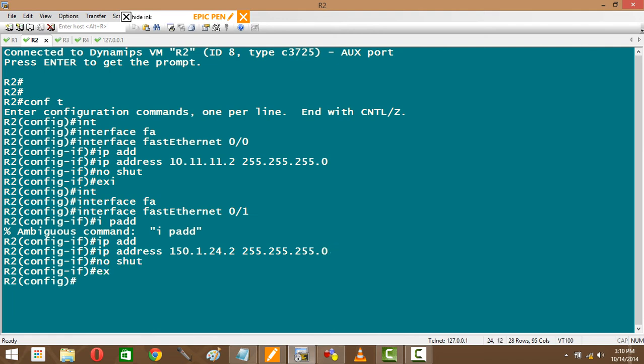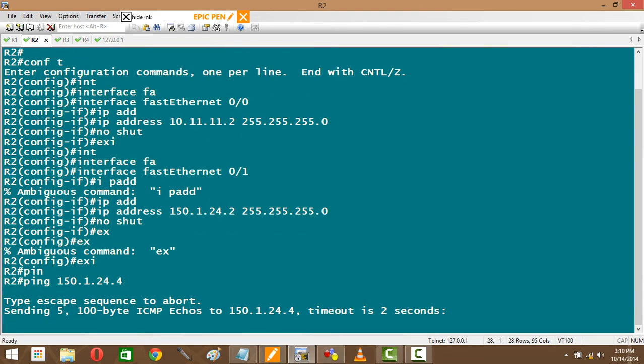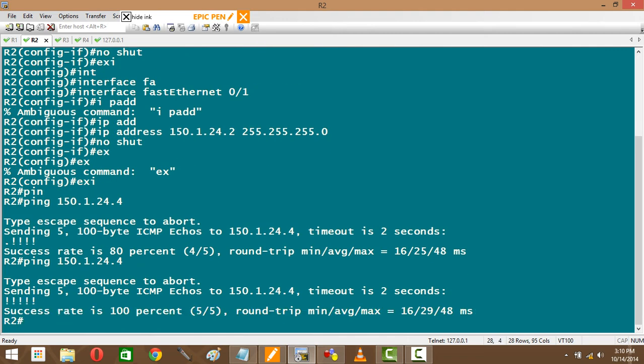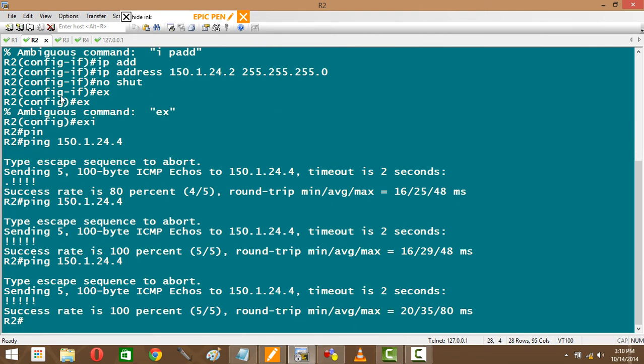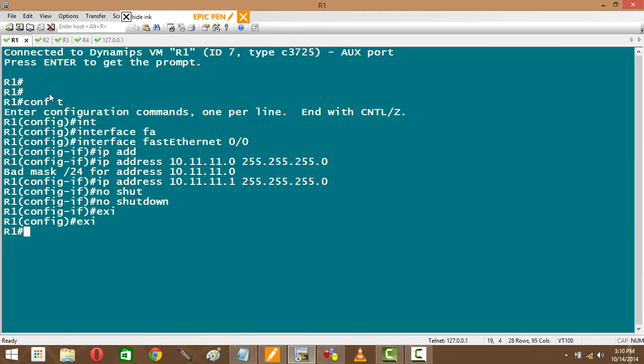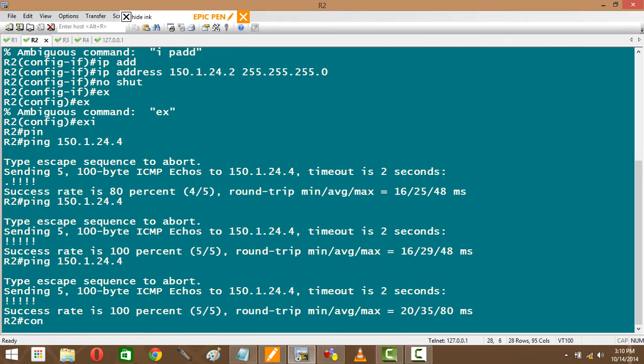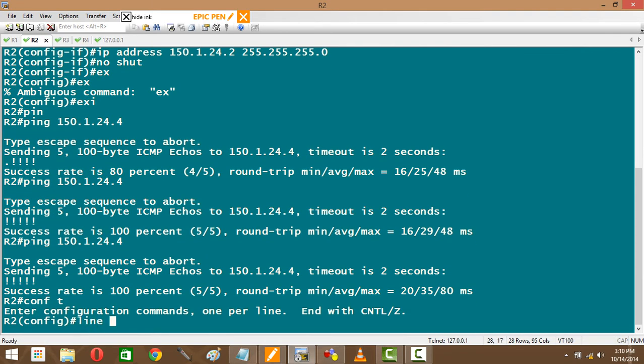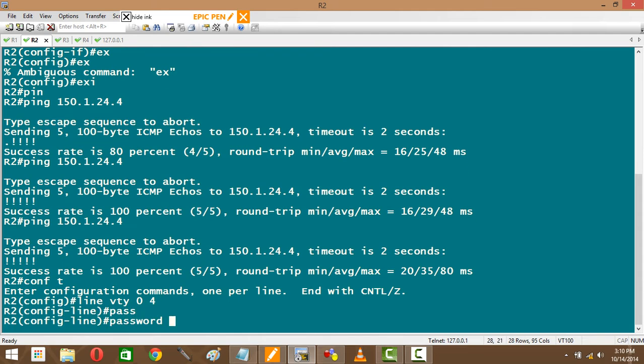No shut. Ping 24.4, which is R4, talking to R4 already. And R1 should be able to telnet into 10.11.11.2. I will enable